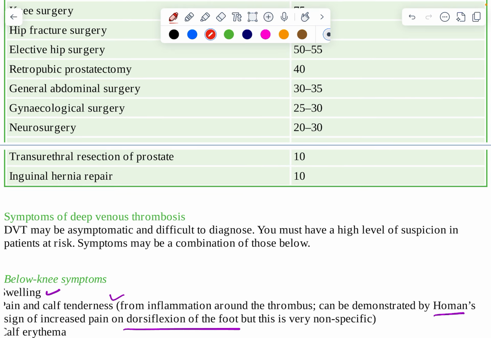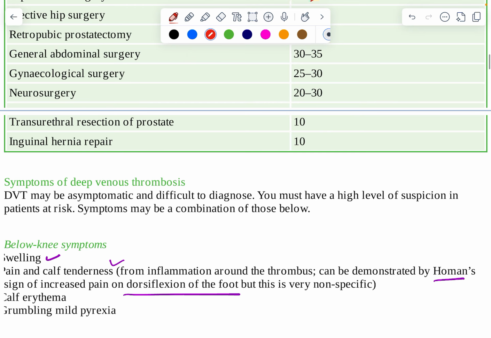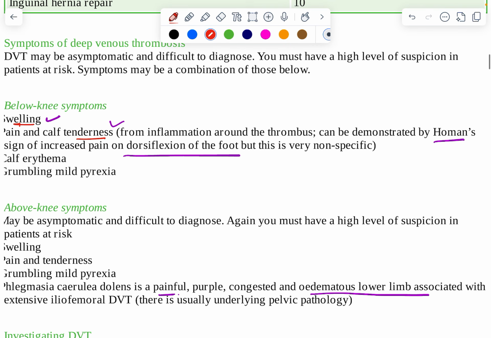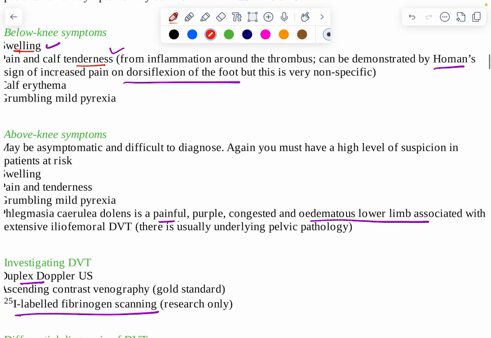Symptoms of DVT may be asymptomatic and difficult to diagnose, so you need a high level of suspicion. Below-knee symptoms: swelling in the calf, pain, calf tenderness. Inflammation around the thrombus may demonstrate Homan's sign, increased pain on dorsiflexion of the foot. Calf erythema and mild pyrexia. Above-knee symptoms may be difficult to diagnose. Maintain a high level of suspicion: pain, phlegmasia cerulea dolens, painful edema, swelling,